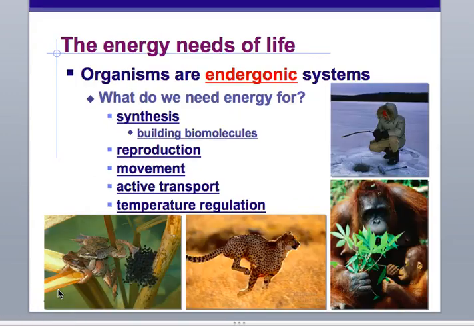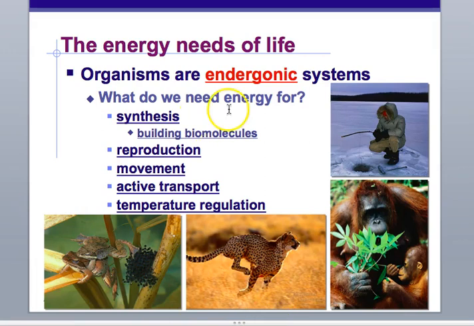Good enough. All right. Okay, so organisms are considered endergonic. This means that if we don't eat, we die because we run out of energy. We can make energy, but only if we have energy to start our reaction. We can make our own energy up to a point, in that we can start breaking down stuff that we're storing, but we need to take in a whole lot of energy in order to keep things going.